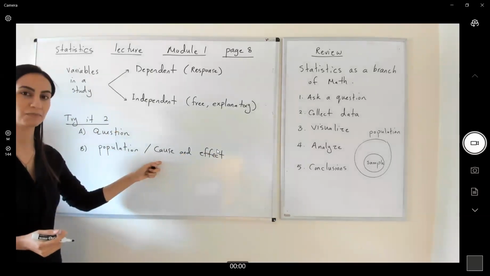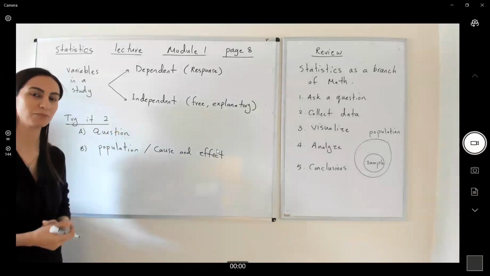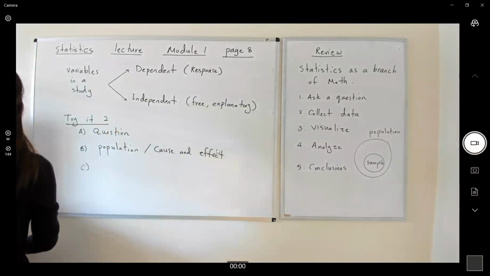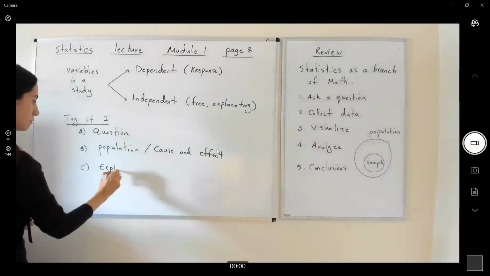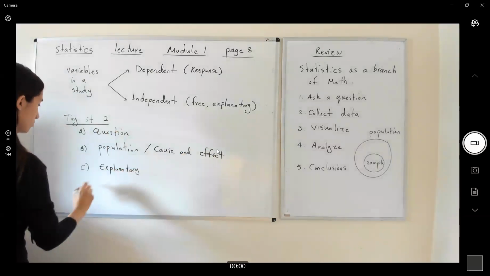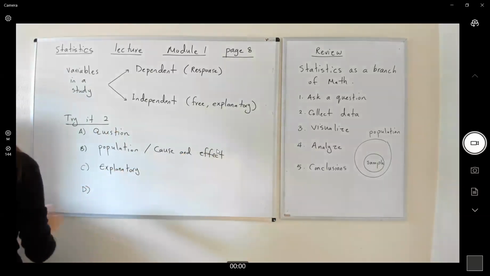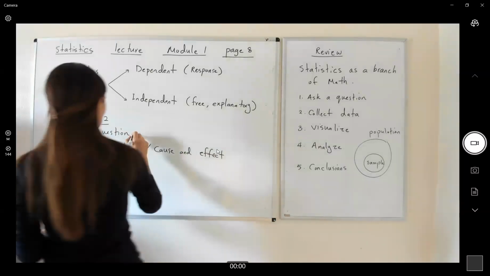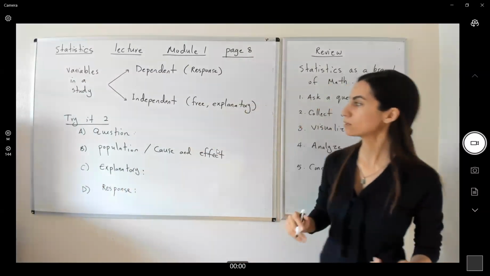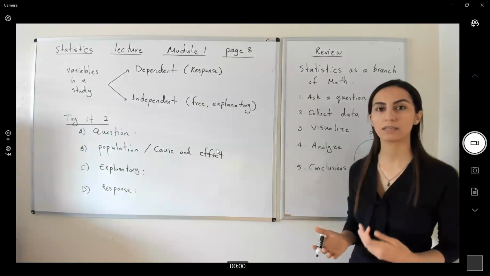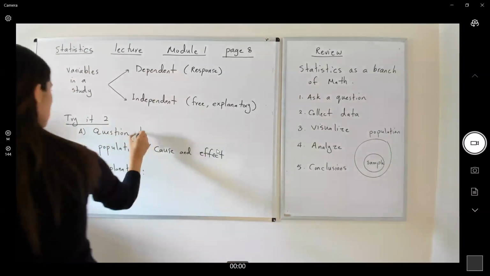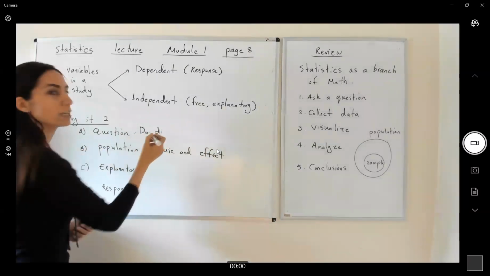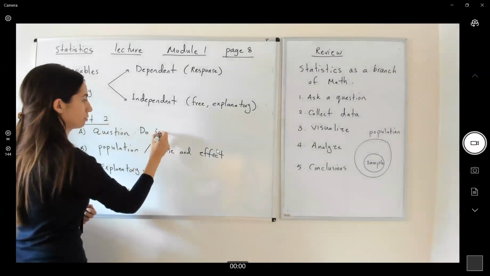Different fonts impact the time of performing a task. C, it's asking about the explanatory variable. And D is asking about the response variable. So what's the question in general? So you can say that, do directions or instructions in general